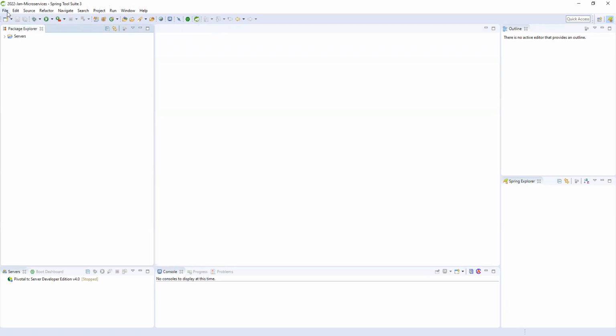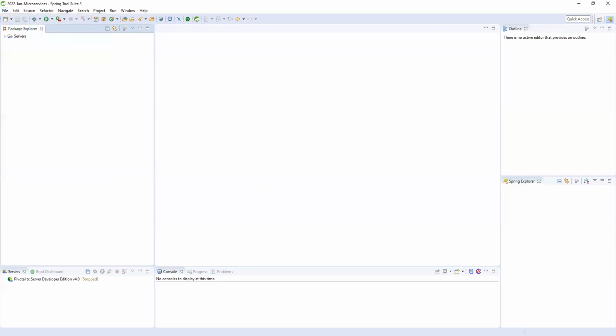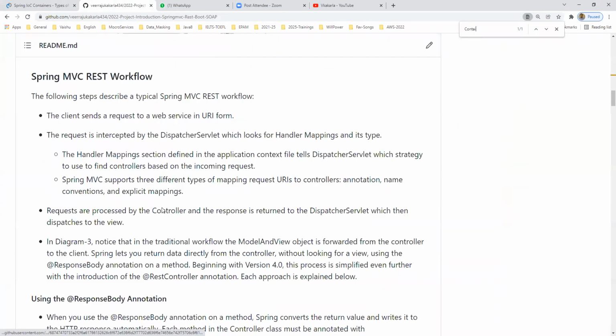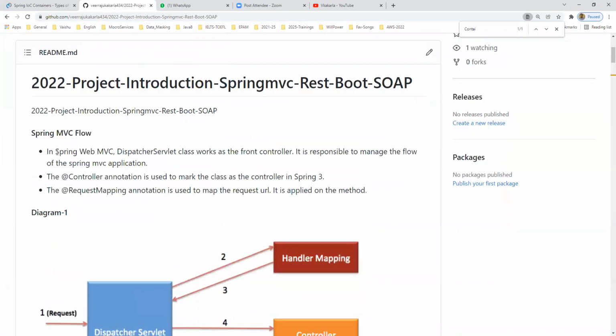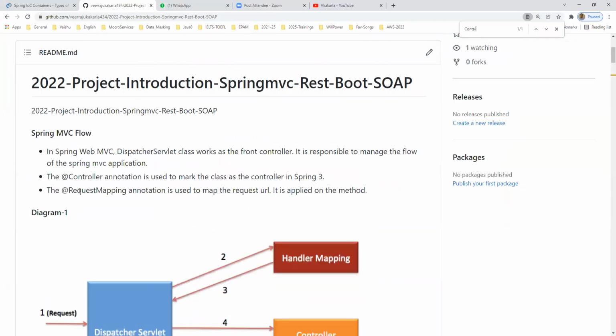Okay, so File, we are creating a new employee Spring MVC flow, a small application. Before creating our application, you can go for the documentation. So for Spring MVC flow, here we have all the documentation. In Spring Web MVC, whatever we discussed here, all our notes I documented in terms of notes.